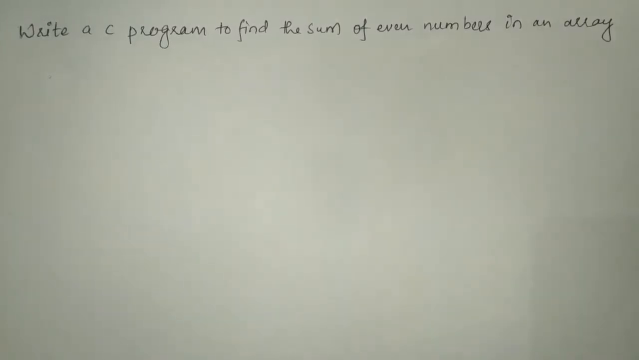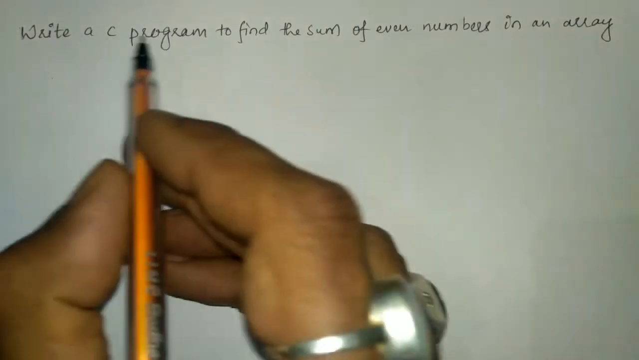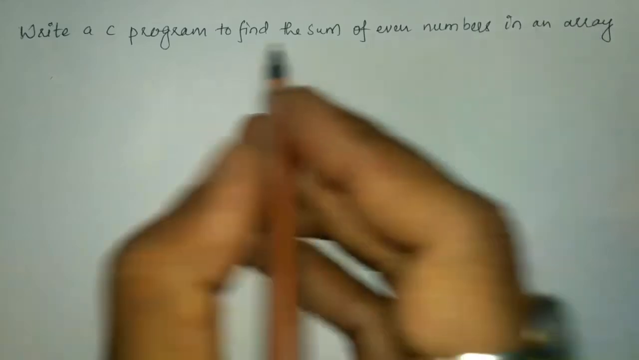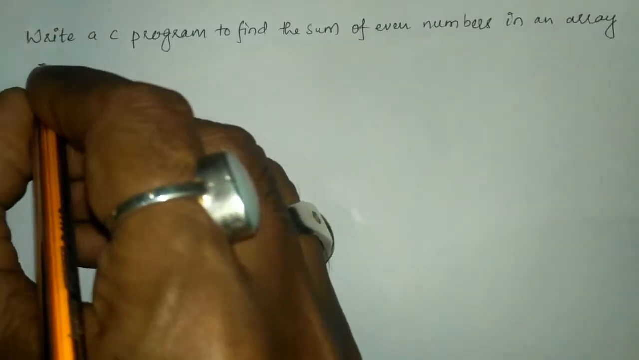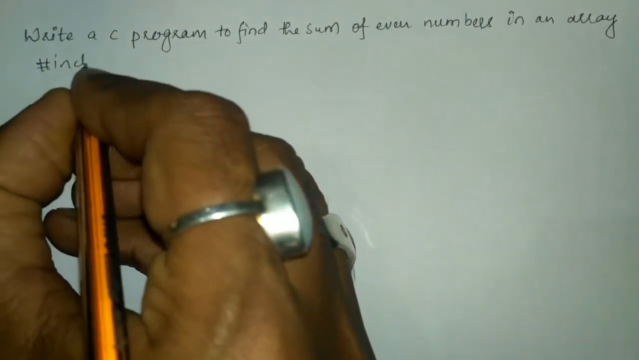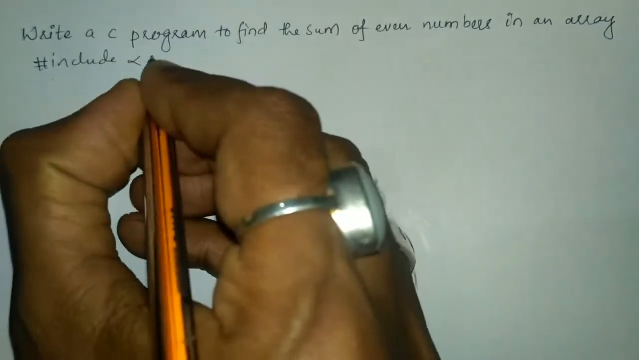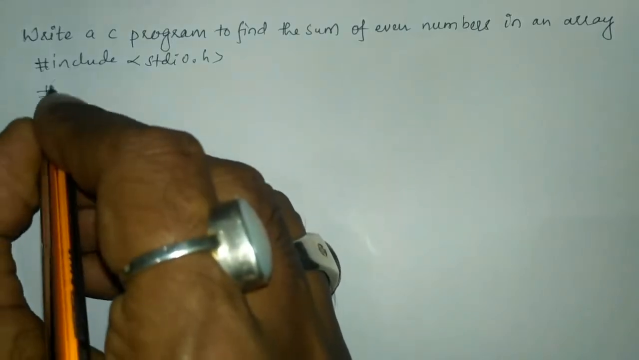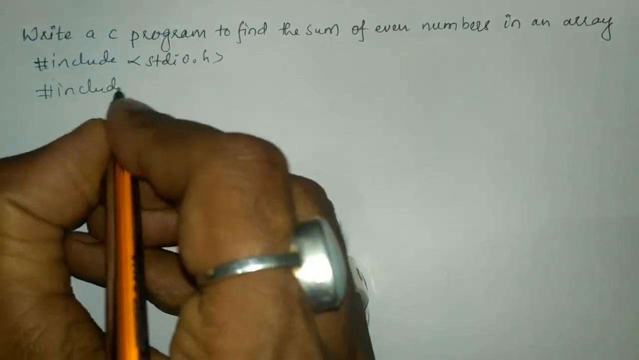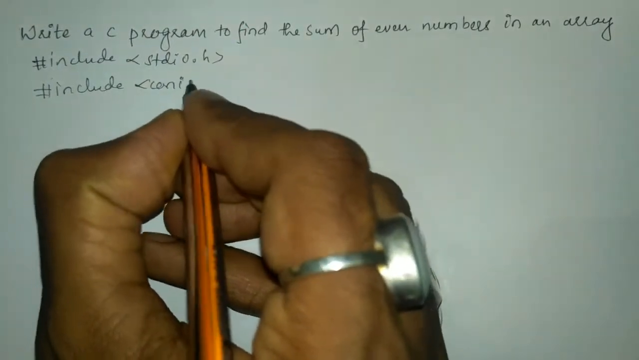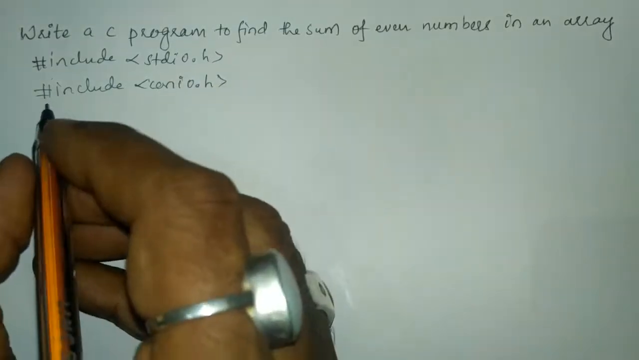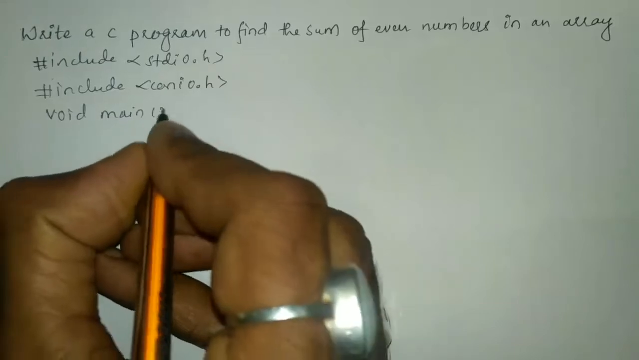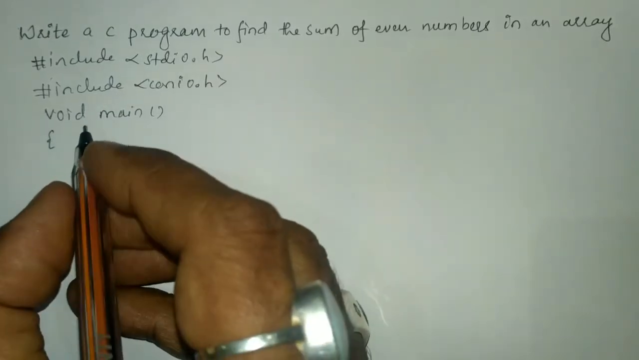My name is Hanmant Adwa and in this video we are going to write a C program to find the sum of even numbers in an array. Let us write the preprocessor directives: #include <stdio.h>, #include <conio.h>, void main function, curly open brace, and here we are going to declare